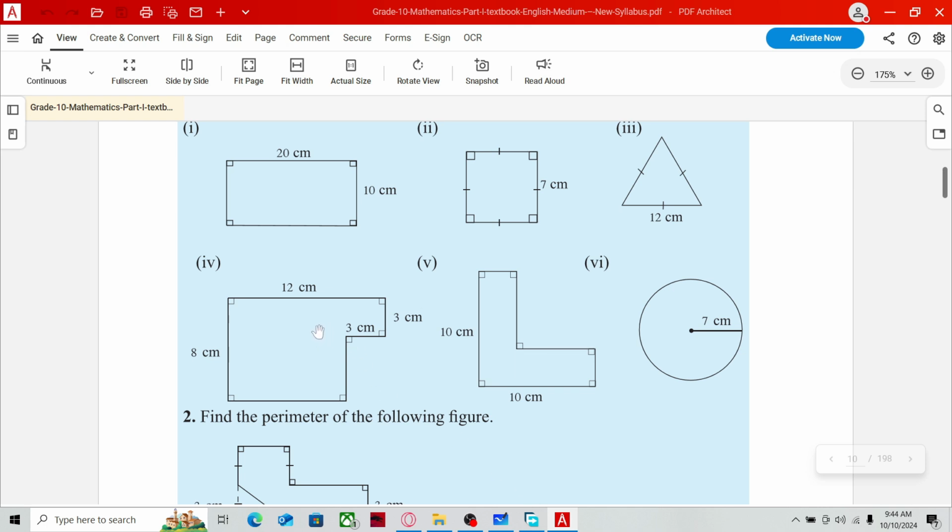Okay, so I'm going to be just drawing it on here itself, so it's easy for you all to understand as well. I do have